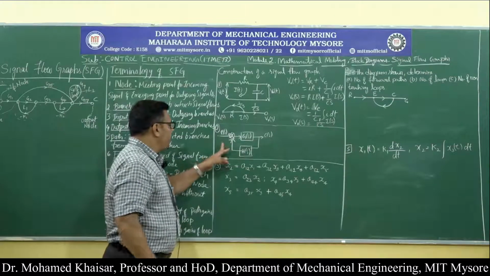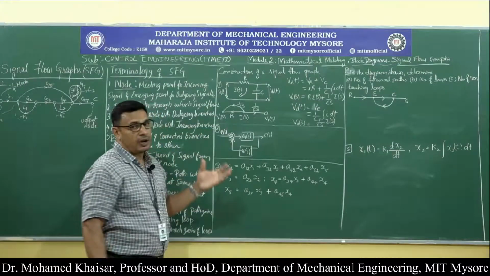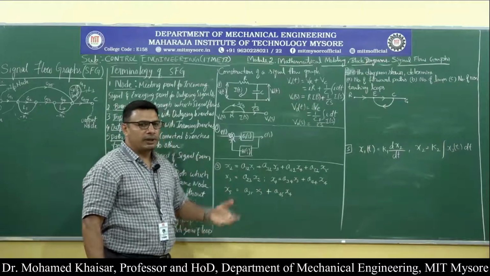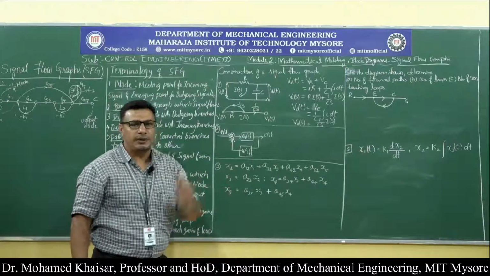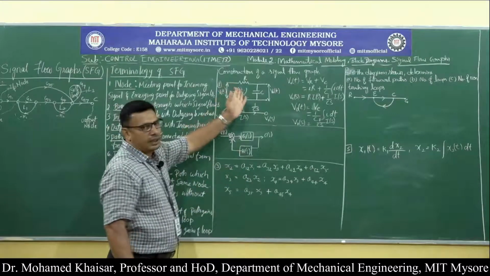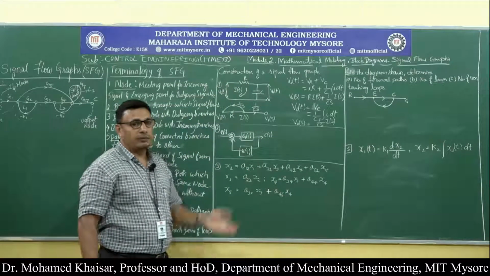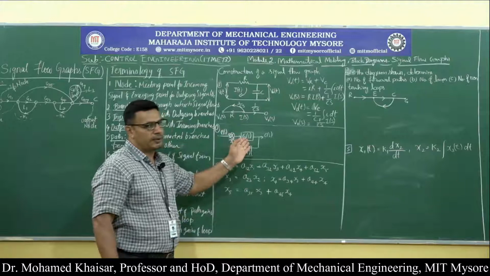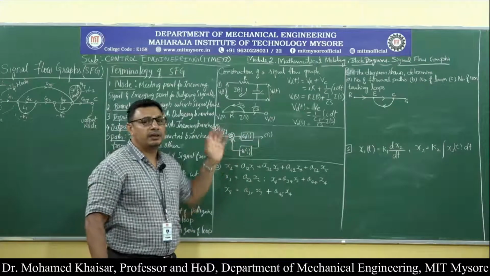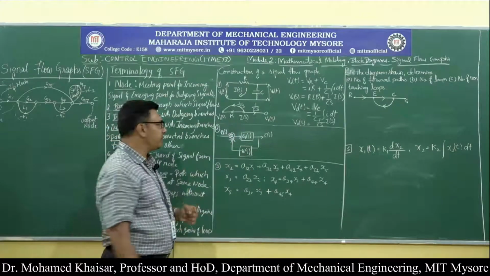Now, let us take one more simple example to learn how to draw signal flow graphs, because before we start using signal flow graphs, the system given to us will not be in terms of signal flow graphs. It will be any other system, like the electrical circuit written over here, or maybe a block diagram, or maybe some relationship. From those relationships, or from the block diagram, or from the electrical network, we have to make a signal flow graph, and then we start deriving the transfer function Cs by Rs.